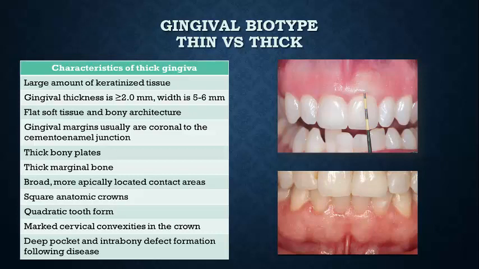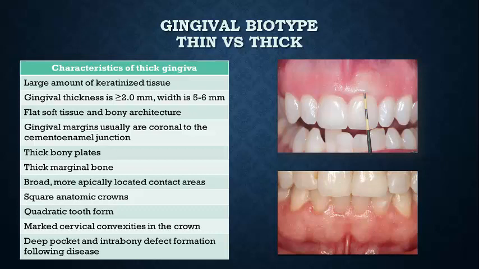because we will have less chance to have a black triangle between the crowns because of the broad apically located contact. And these people, when they have periodontal disease, they usually have a periodontal pocket rather than the gingival recession